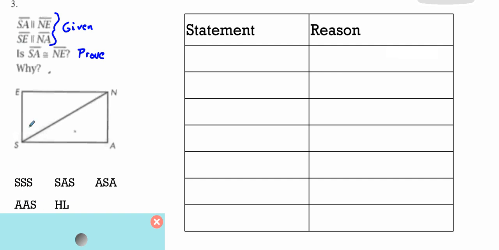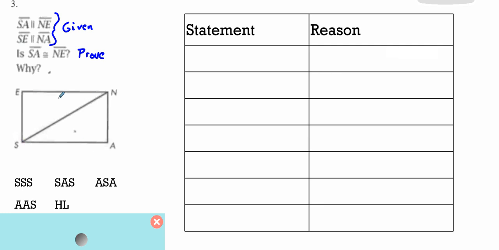Do I have enough information to prove that these two triangles are congruent based on one of these conjectures? Because it sure looks like, and it's okay to say it looks like when we're talking about,